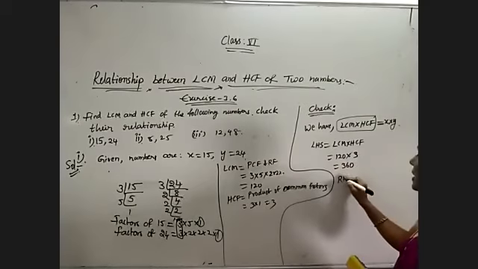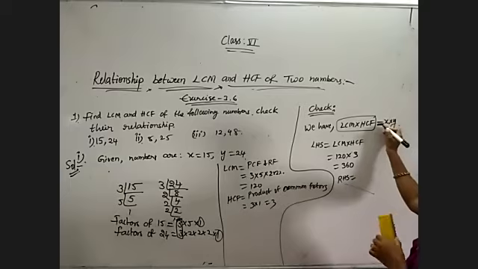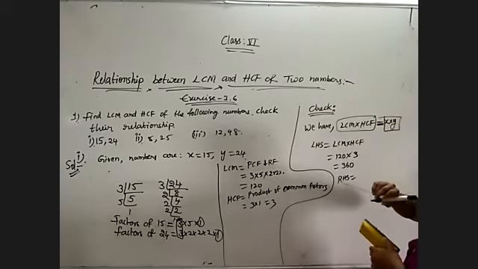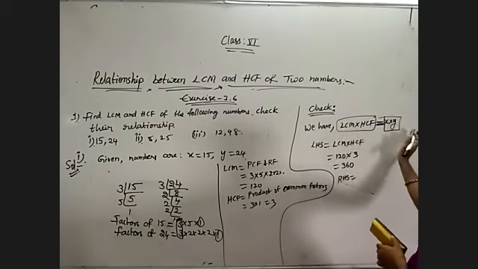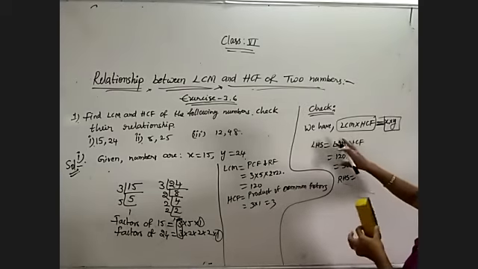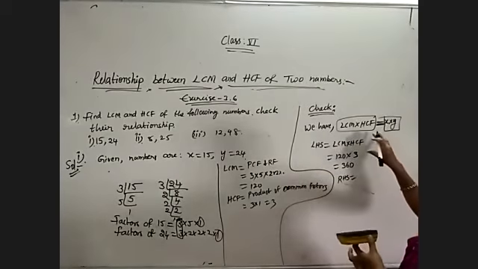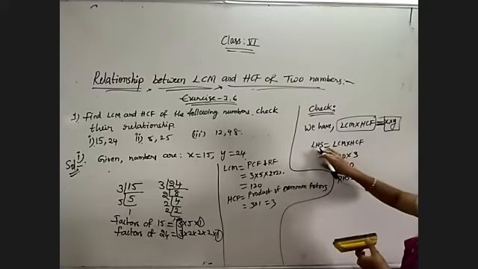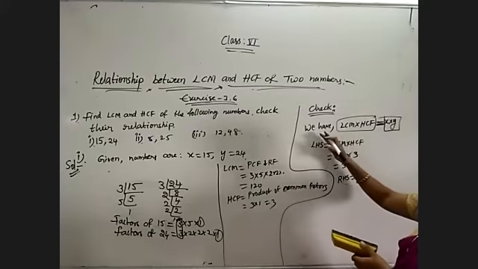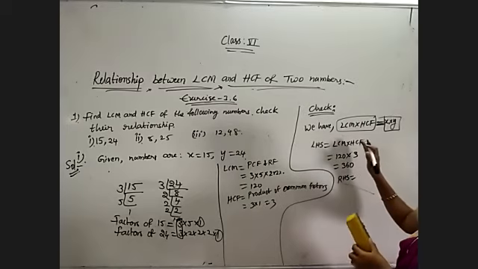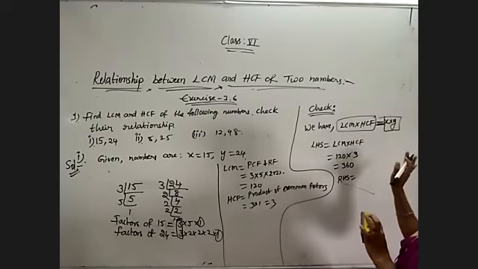And what is the RHS of the equation? After the equal to, whatever we have on the right side, that is RHS. Left side of equal to is LHS, right side of equal to is RHS. Whenever they are asking to check or verify, then you need to check whether LHS is equal to RHS or not. So before the equal to is the LHS of that equation, and after the equal to is the RHS of the equation.